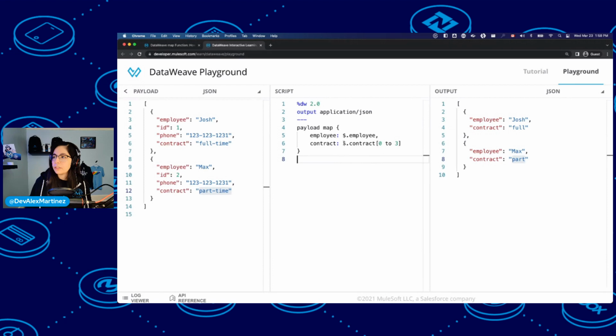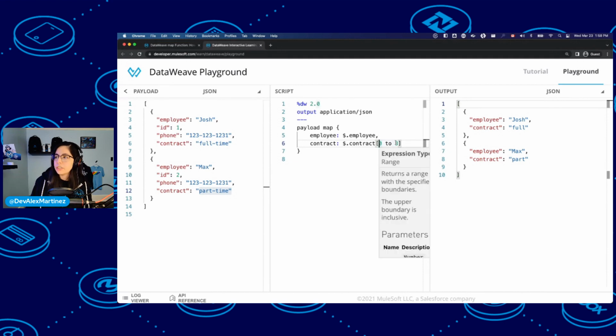We were able to do that using this index selector. I think it's the index selector. If we take this out, it will say everything, full-time and part-time. And if we put it back, it is cut because it is taking whatever you have in this string from the 0 position up to the 3rd position. So it starts at 0, 1, 2, and 3. And we have the full.